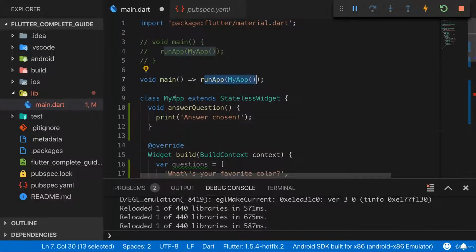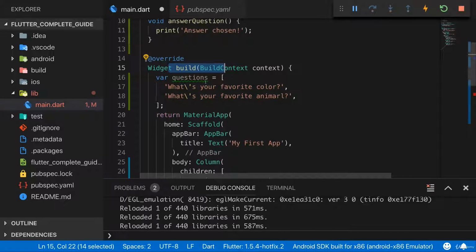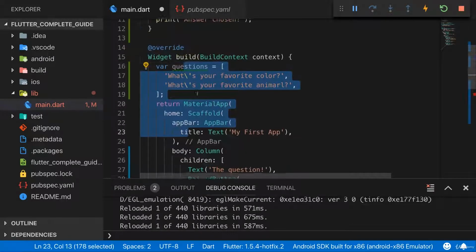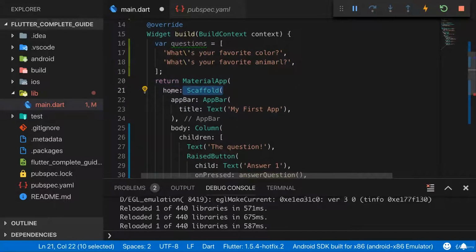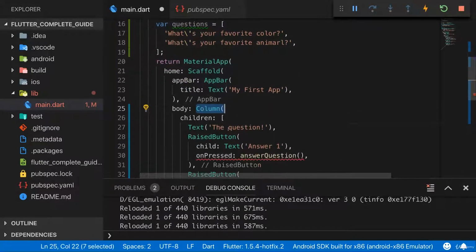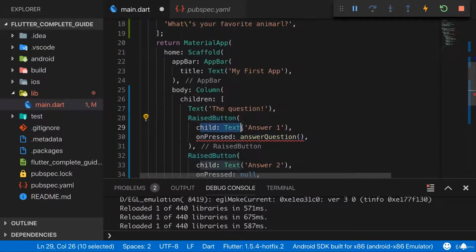Now there, it then runs the app, builds the MyApp widget, and that means the build method gets called. And in the build method, Dart now goes through the entire method to find out what to build. And it sees, okay, I build a material app, and there I have a scaffold, app bar, text, column, and so on. Dart goes through all of that. With the help of Flutter, it's able to bring that onto the screen. But then it encounters the raised button. The raised button is configured to have a child, which is this text. And then for onPressed, what you're saying to Dart with this syntax is onPressed, the value for onPressed should be